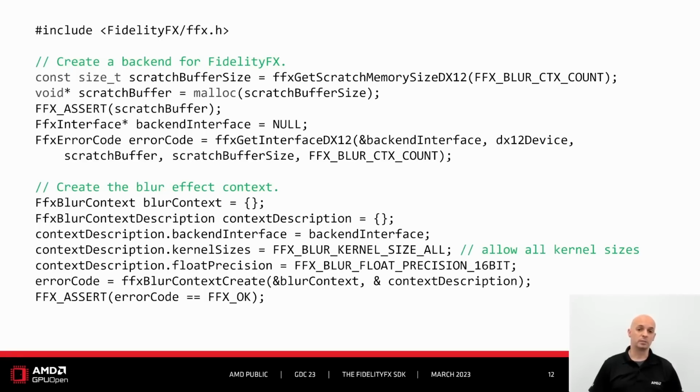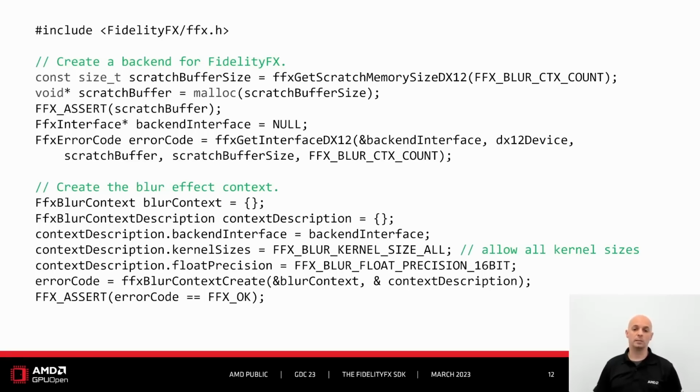The next step is for memory to be allocated. Now, we put the burden of allocation on the developer so that you can use your own memory allocation and tracking schemes internally. Once your backing memory is allocated, the backend interface is initialized with it and the corresponding device object for the platform in question. Note that the backend will take care of incrementing or decrementing device reference counts for platforms like DX12 in case you need to track API interface allocations.